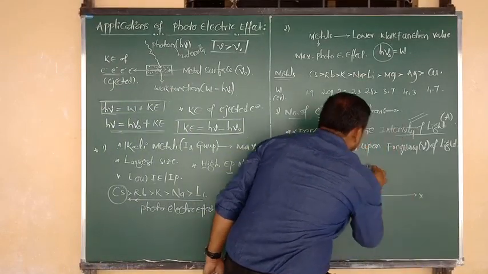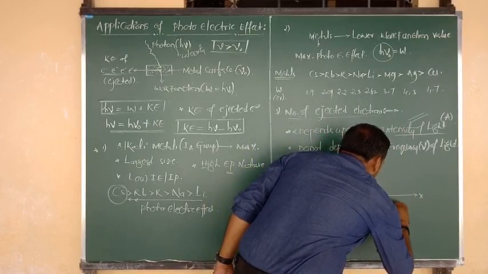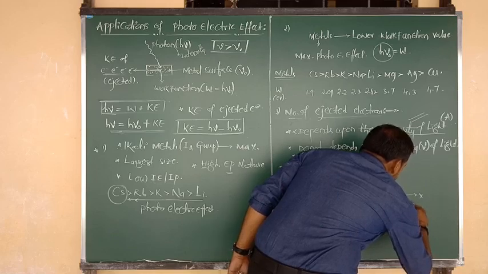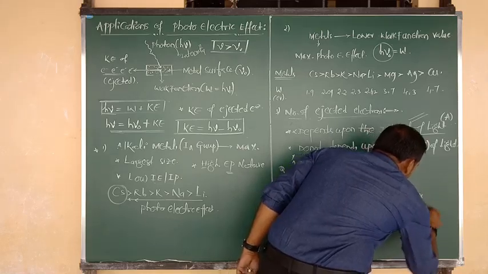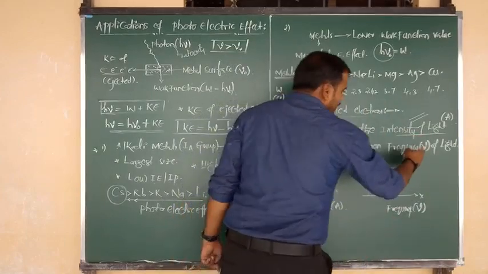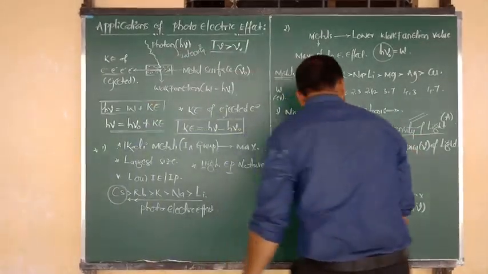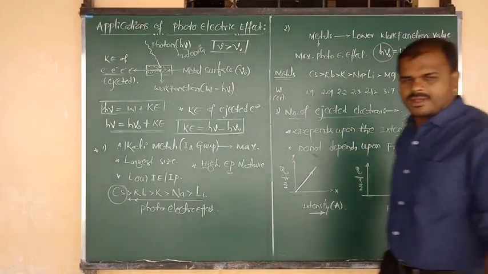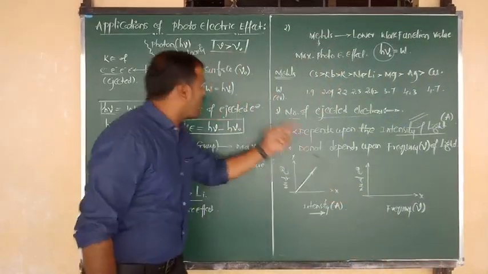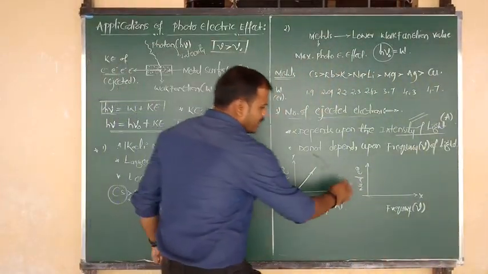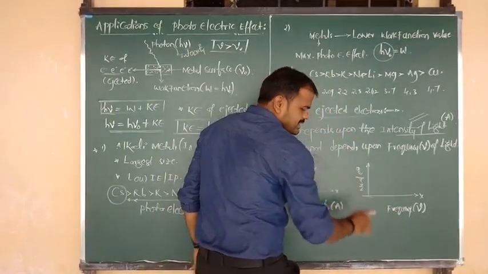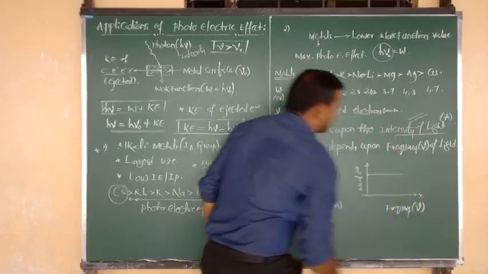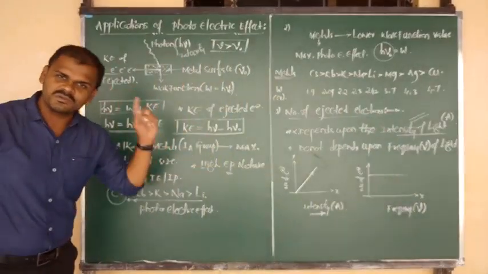For that I am going to show you another graph. Same thing here, on the x axis I write the frequency of the incident light, with the symbol nu. The frequency of the incident light won't show any effect on the ejected electrons. On the y axis I write the number of ejected electrons, which does not depend upon frequency. So it gives a constant graph. Both graphs should be remembered.